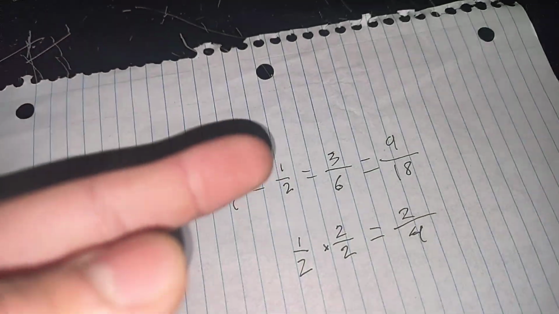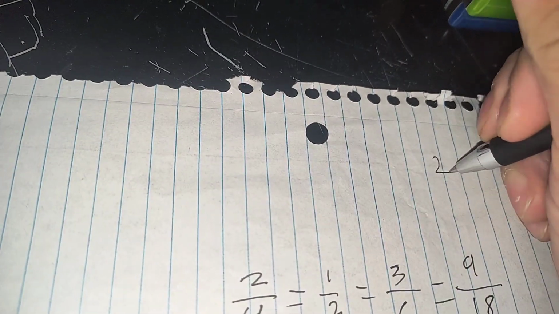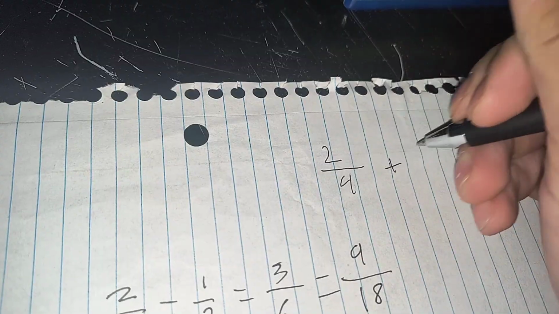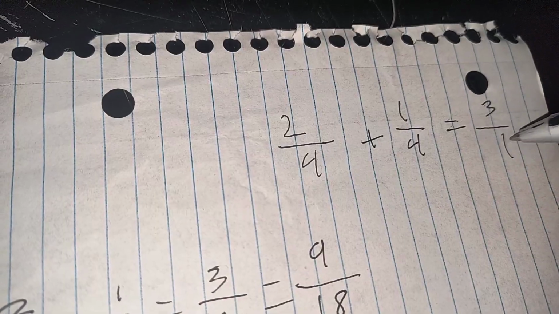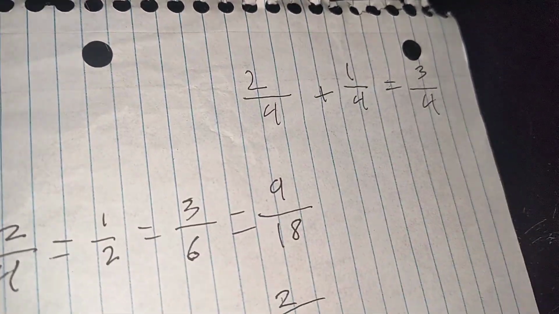Okay, we're going to learn how to add fractions with unlike denominators. Okay, denominators that are not the same. We know how to add fractions with denominators that are the same. It's like you just add the top, and you get, right, that's it, and you keep the bottom the same. But with fractions with unlike denominators,